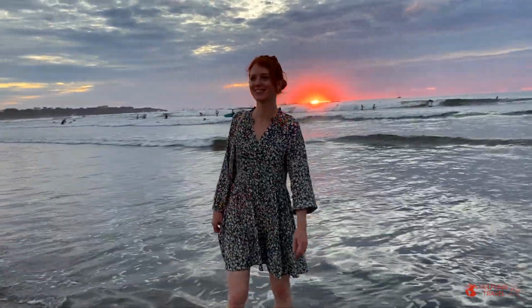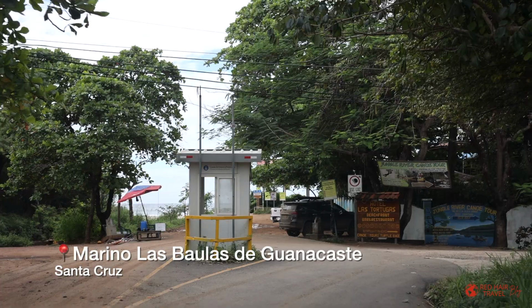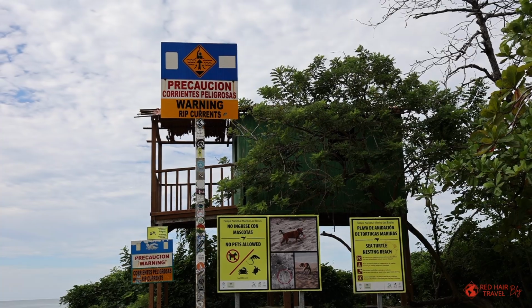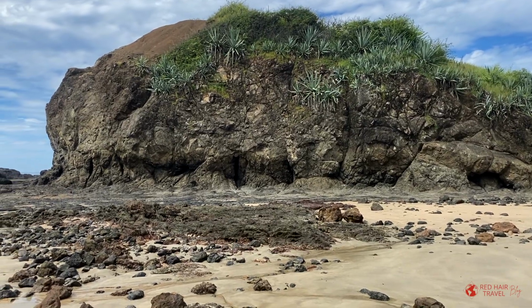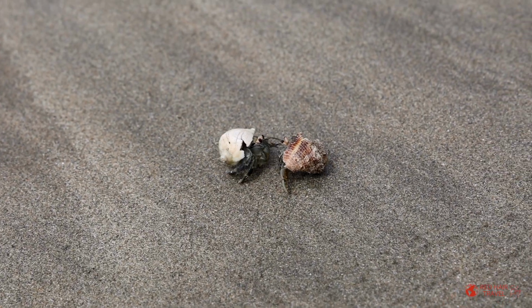Not far from Tamarindo, there is a small national park, Marino Las Baulas de Guanacaste. Entrance is free, you need to pay just several dollars in cash for a private parking. The area of Marino Las Baulas includes mangrove forests, where you can take a boat tour on the parking lot,